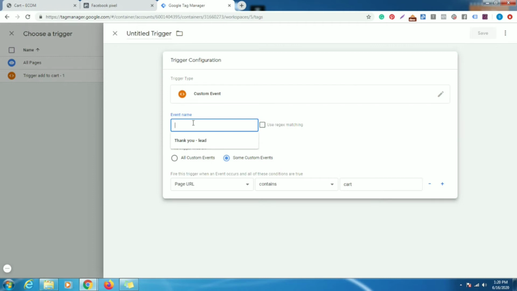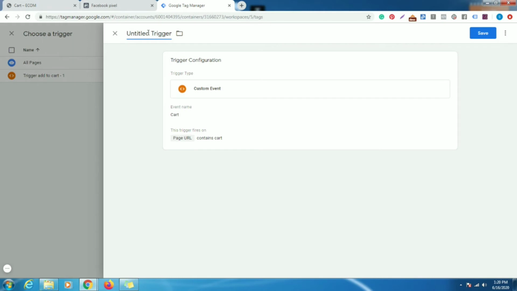So I will name it cart. Okay, then we are going to save it. So the trigger is related to cart. So I will rename it here cart.